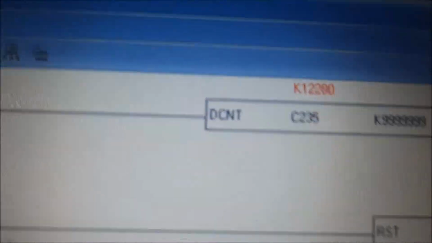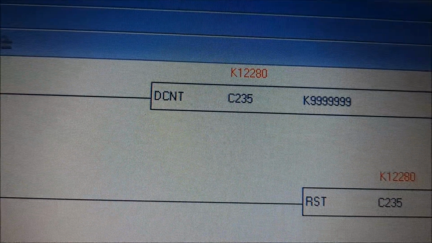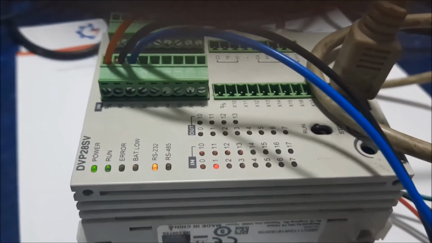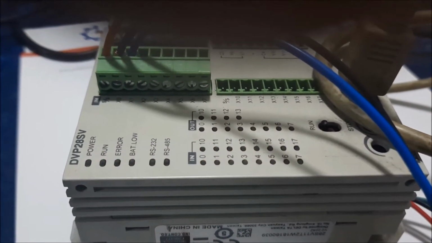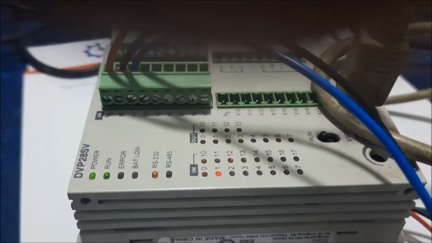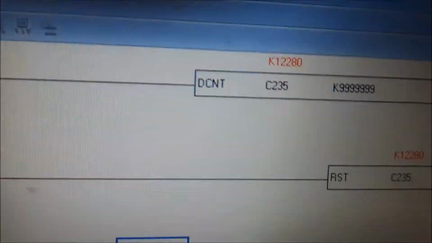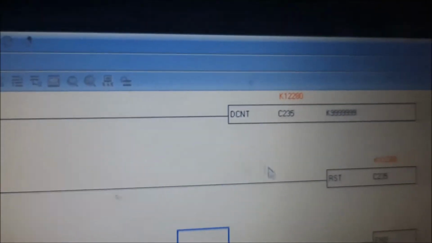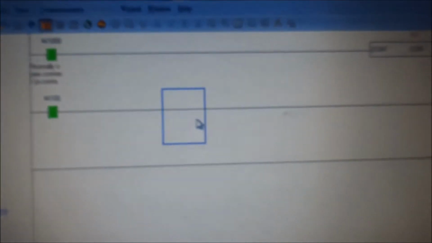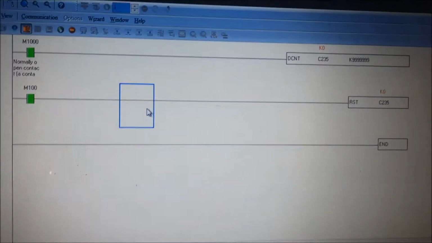It's retentive. Suppose the power is on in the PLC, and power is gone now. Power off, again power on. Power came back, and the value will be the same. And if we want to reset that value, then just turn on this M100, and the value will be 0. Now 0. This is the single phase and single input encoder feedback.